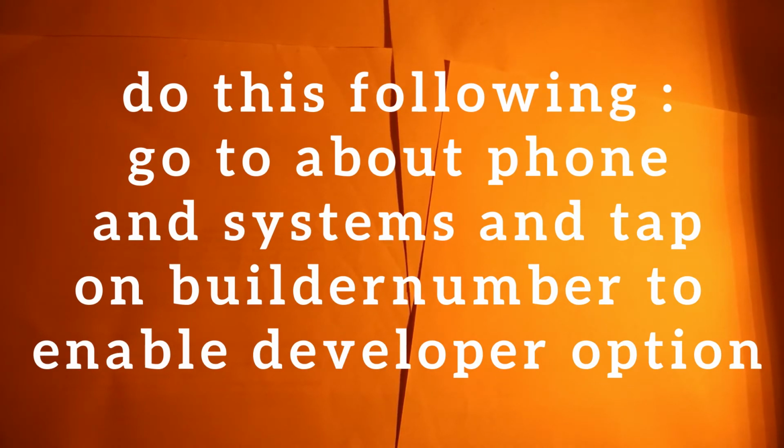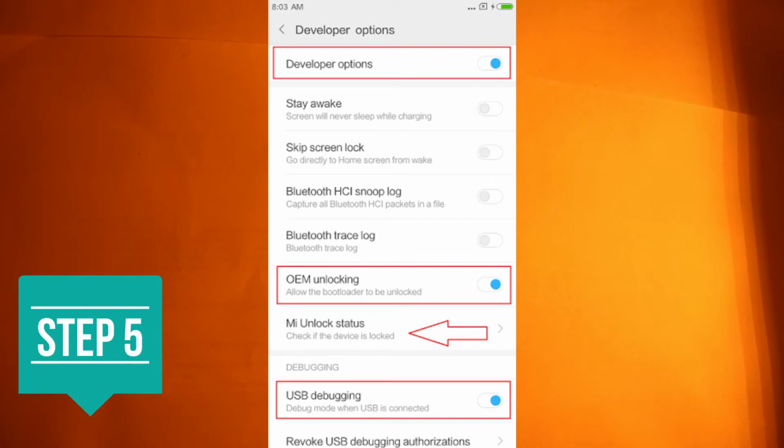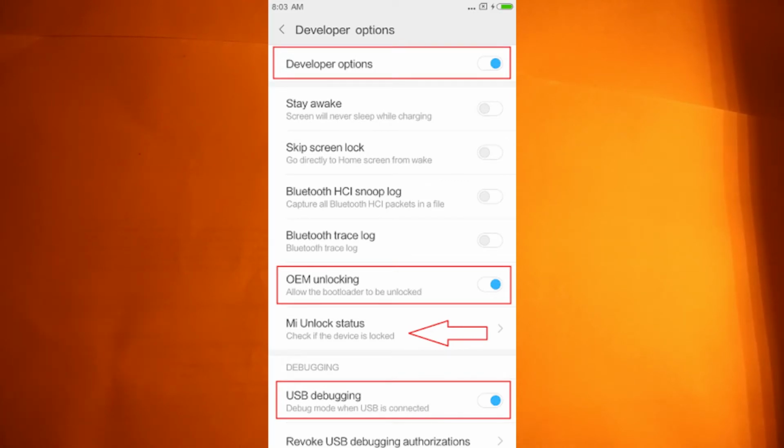Before that, you need to go to the developer options and unlock them first by clicking on the build number in the system settings. Then click on developer options, keep it on, and turn on OEM unlocking and USB debugging as shown in that image. And you can check your Mi unlock status. You can click there and it says something like